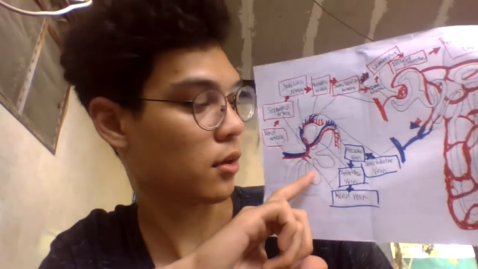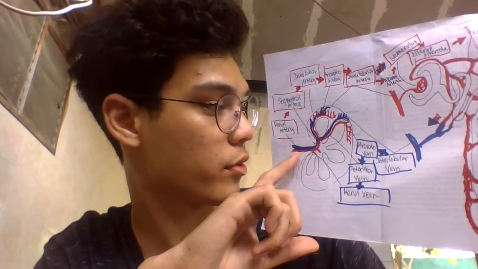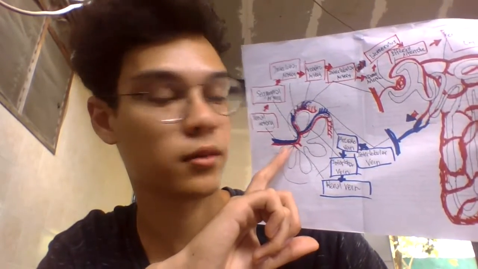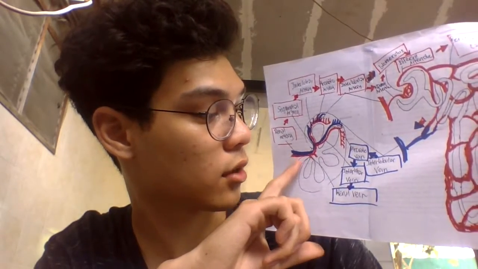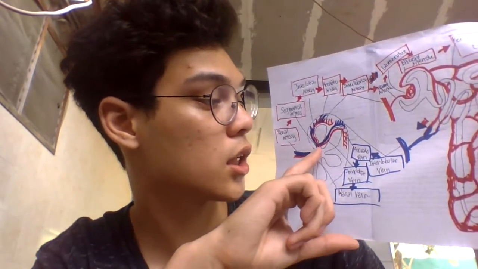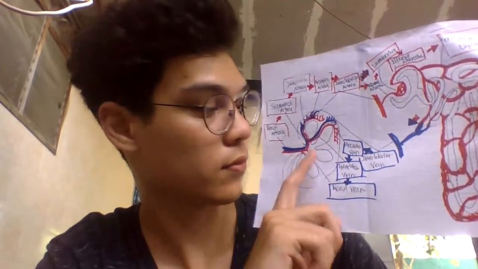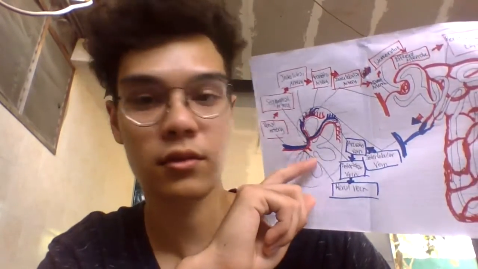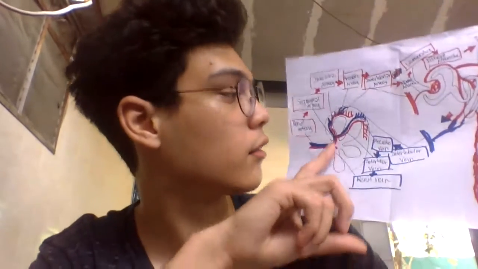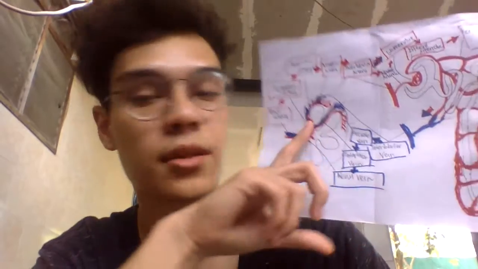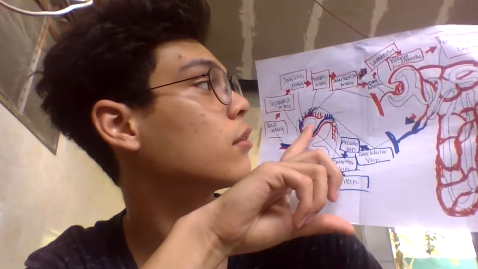The arteries start from the renal artery. The blood flows from the heart, or from the main artery, to the renal artery. It goes down into the segmental arteries. The segmental arteries are those that go into segments of the medulla. From the segmental artery, it passes into the interlobar